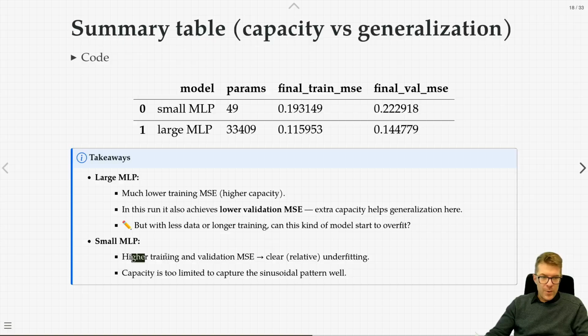So for the small neural network, we have high training and validation mean squared error, at least relative to the large neural network. It seems to be underfitting a little bit. It seems to be relatively underfitting, which is why this relative is here. But the trend seems to be still downwards, even though the curve that the smaller neural network learns seems to be a bit simplistic. It's not too far off of what we'd like, so I'll leave that there. I'm not saying it's too limited to capture the pair of sinusoids well, but that's as maybe. That's for you to think about, and come back if you have any comments.